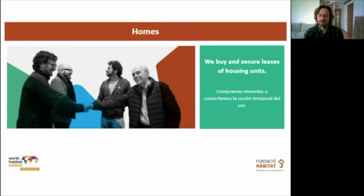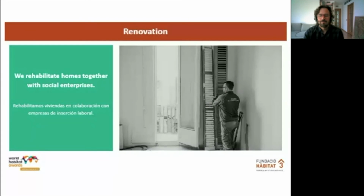All these houses, acquired by lease or by sale, we offer to our partners, municipalities or social organizations. And always we offer accommodation to vulnerable people with social support. When necessary, normally it's almost always, we manage renovation works to guarantee the adequacy of the units or buildings. We perform all the activities in collaboration with work placement companies. These companies are non-profit